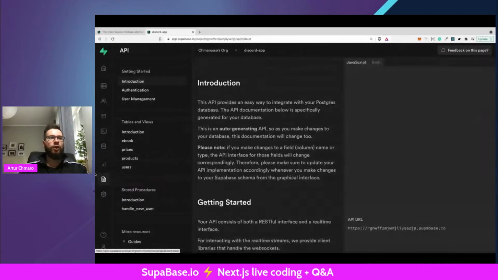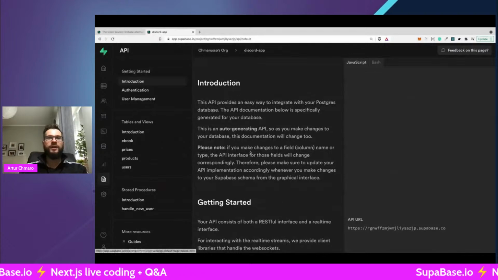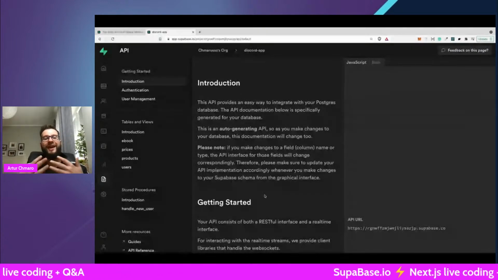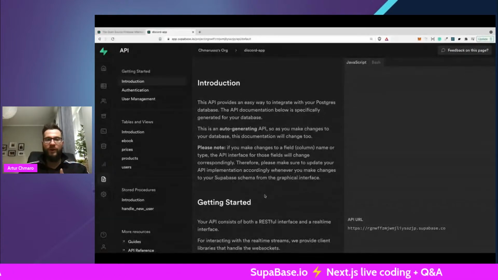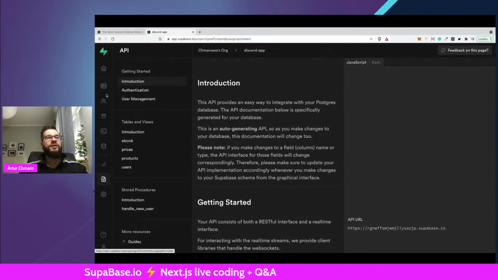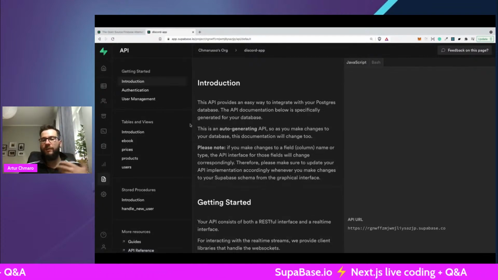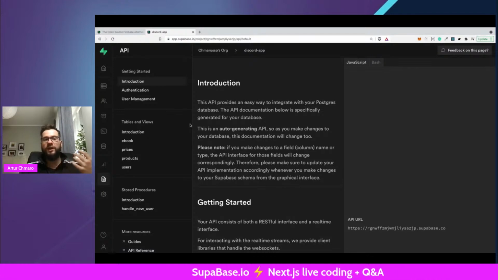And here, if you go to the API section, then you have the explanation of how you can actually get access to your SupaBase instance, right? Because of course, this is super cool that we have this user interface, but we always want to use this data outside, in some backend applications, in mobile applications, in web